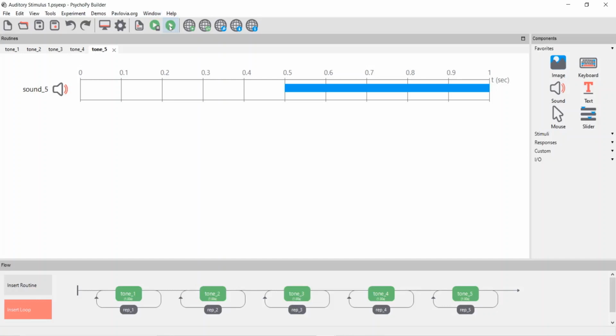You should be able to identify the change. If you are using headphones, please keep them a little away from your ears, or I would advise you not to use any kind of headphones, but use the speaker of your laptop or PC. So I'll play the auditory stimuli now. Let's see.